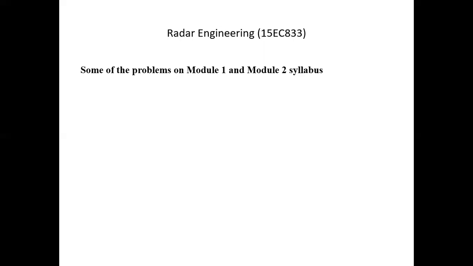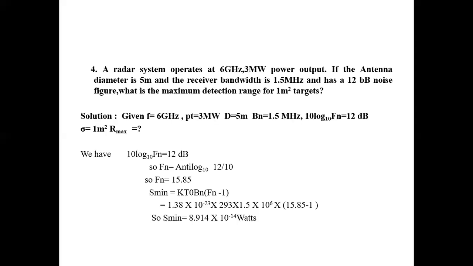Basically, a radar range equation, as we know, relates the maximum range as well as the power transmitted and power received from the radar, with the power density factor from the directive antenna, the gain factor, the area of cross section, and so on. So by considering this, we are going to solve some problems. This is the fourth problem, as the three problems were discussed in the previous session.